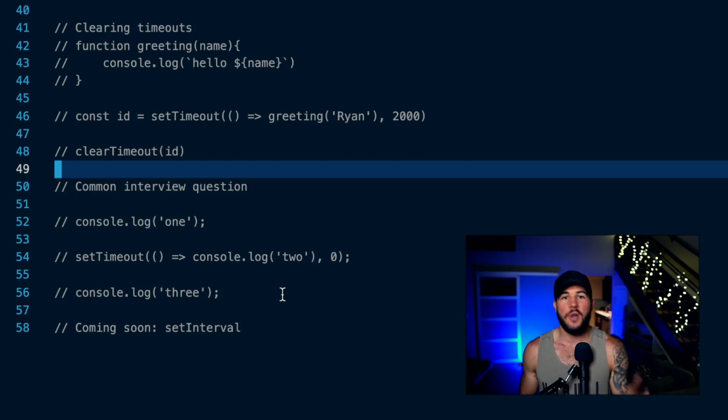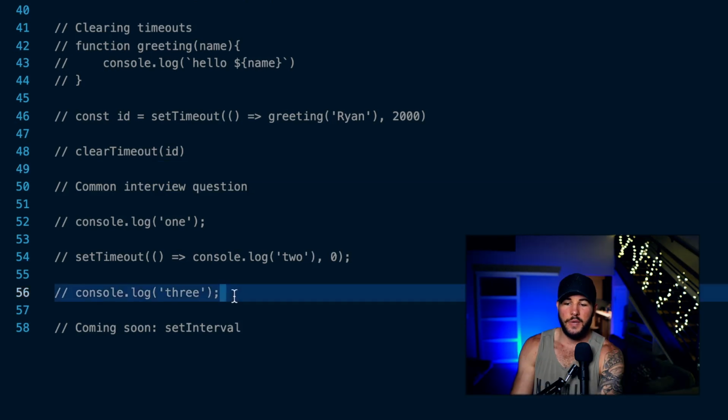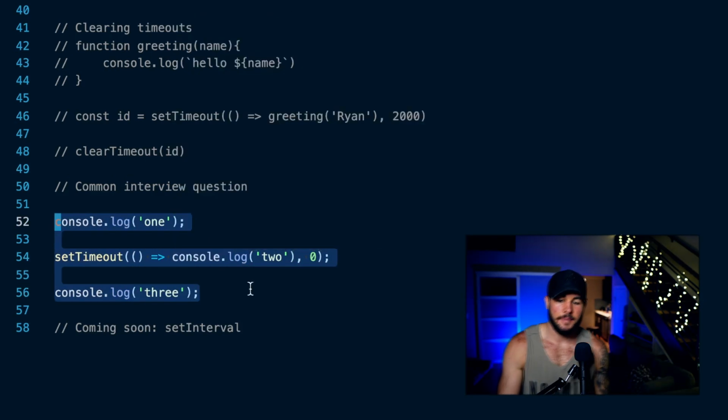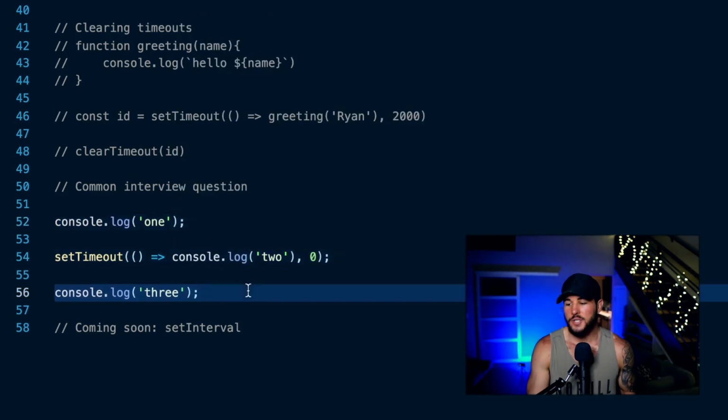It could be a super long for loop. It doesn't matter. The function passed in is not going to be pushed onto your main call stack to run until all of your synchronous code has completed. So in this example here, it's a very common interview question that kind of tests your knowledge of the event loop and the task queue,